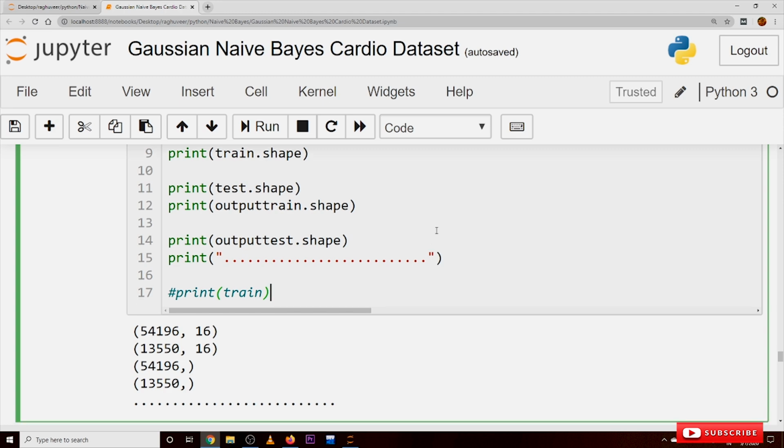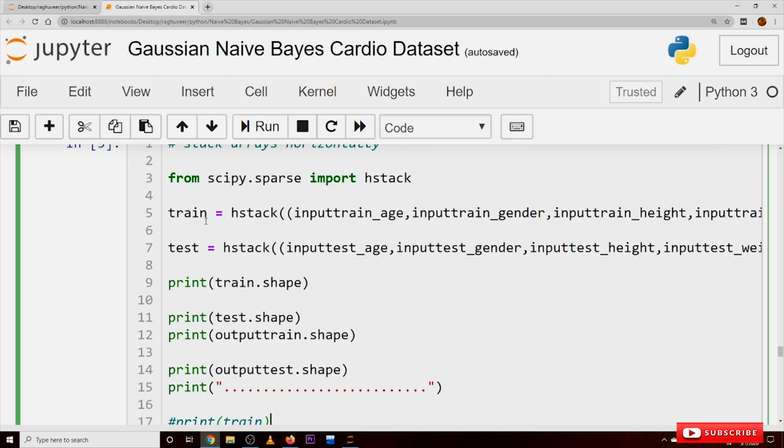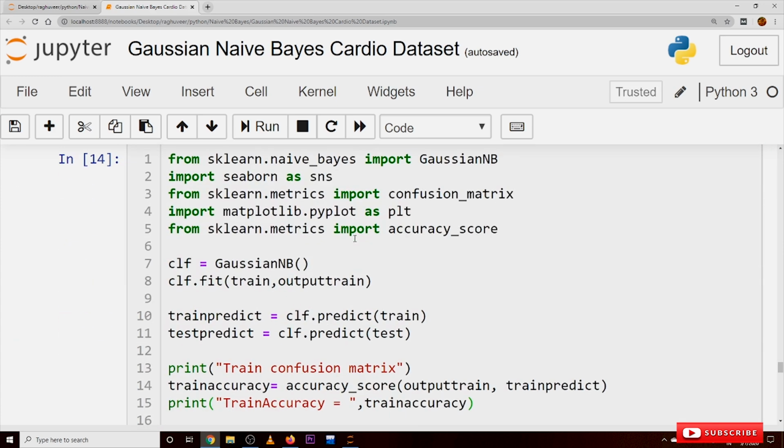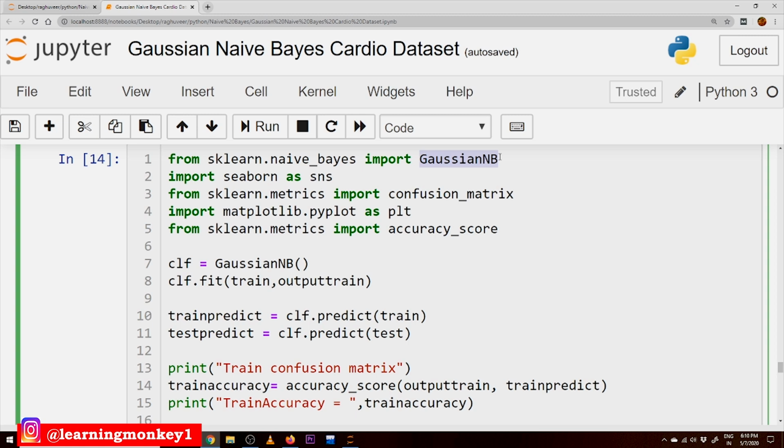Coming to our naive Bayes code, now we have training data and testing data, everything scaled using min-max scaling. Now we can use this training dataset and testing dataset for applying naive Bayes. In our naive Bayes model, we are using Gaussian naive Bayes here. We already discussed how naive Bayes calculates probability values on numerical data. It applies a Gaussian distribution on positive samples and a Gaussian distribution on negative samples, and based on that, it calculates the probability.